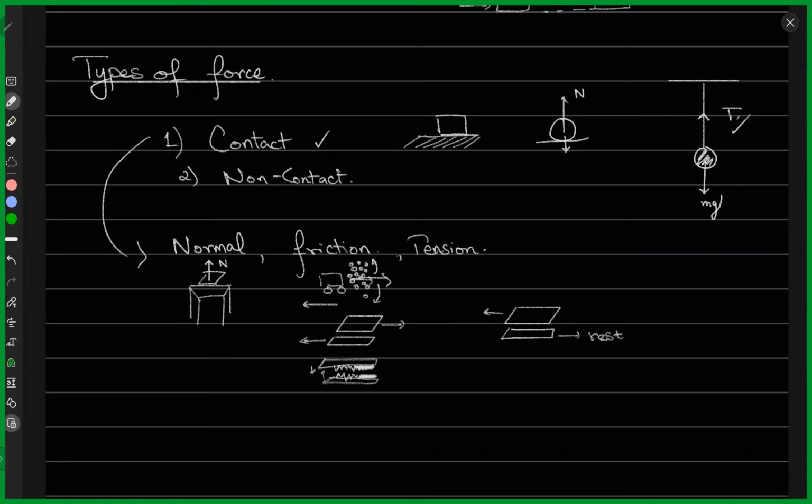What happens is, in reality, when you look at it more deeply, you'll see that there are some irregularities, some bumps on the surface. On both of these surfaces, there are these bumps. So when you look at it as close as possible, right? Now, when you do that, you'll see that these bumps try to...